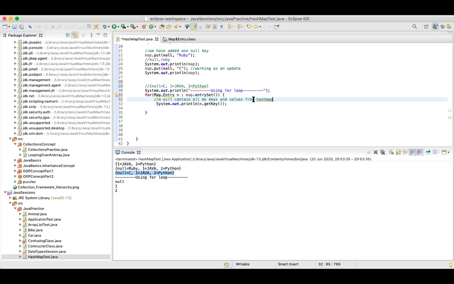Clear till this, guys? So when I say map.entrySet, I'm creating an entry in this particular map, and for all the pairings which we have in this map, give it to m. So now m will have all my keys and values from the hash map.